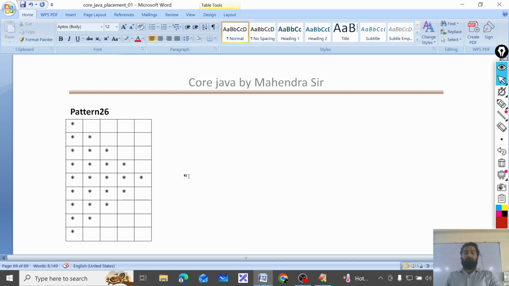Same, listen, if this is the pattern, what I have done, I just tilted like this. Same pattern it is, just I tilted like this. Now, how to do it?